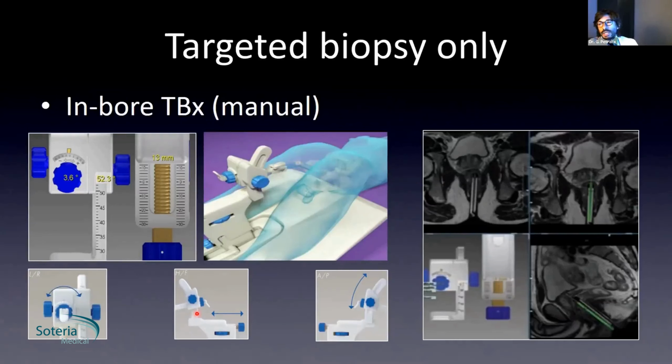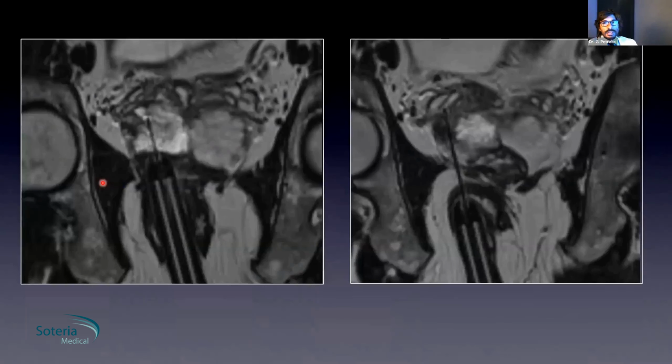Each movement is dictated by an image registration software that is provided along with the system. So basically you acquire MRI images, and after this image registration, the software tells you how many degrees right, left, up, and down to move your introducer to stick the needle in the right position into the target. However, it happens that